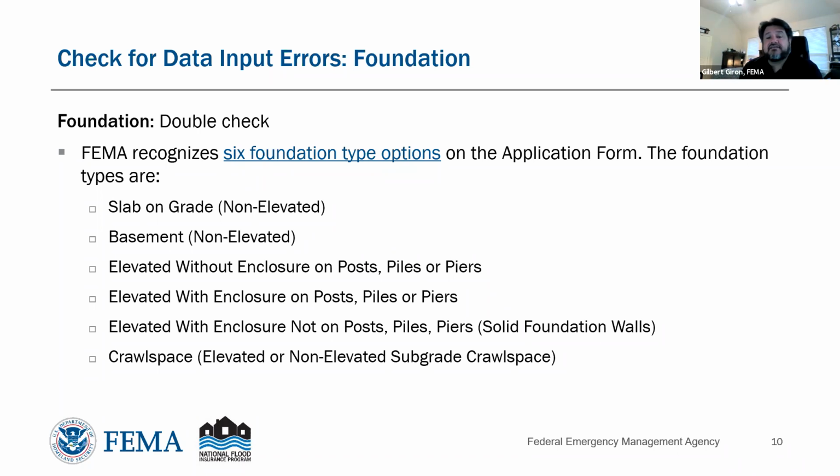So the complexity of what was the legacy system is being reduced significantly, from 80 different diagrams down to 6. So we are hoping that this alleviates a lot of errors. We are hoping that the confusing and complex system of how to write flood insurance under Risk Rating 2.0 has been addressed and is no longer as confusing, and it helps people understand, especially for new construction, the types of foundations that are going to realize the most premium decreases or discounts for that new construction. I can't imagine building slab on grade foundations now,